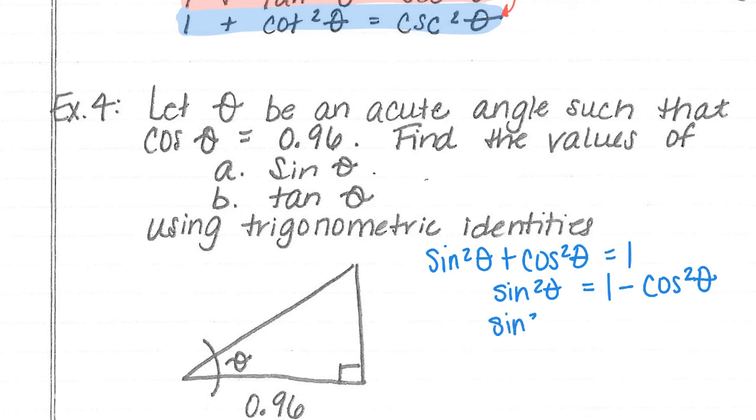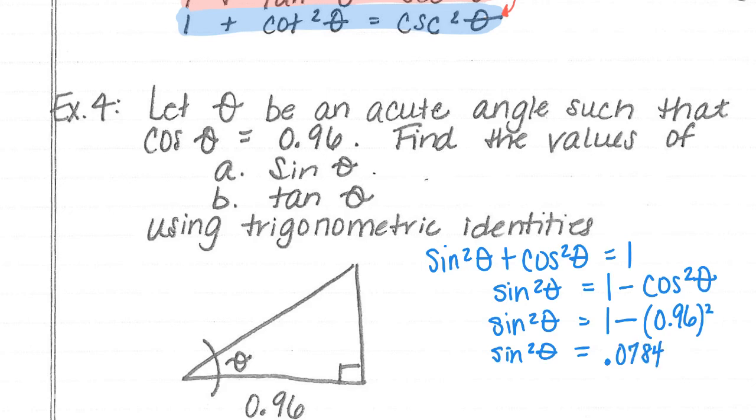And that works because I know that 1 minus 0.96 squared will actually work. So when I put that into my calculator, I get the sine squared theta is approximately